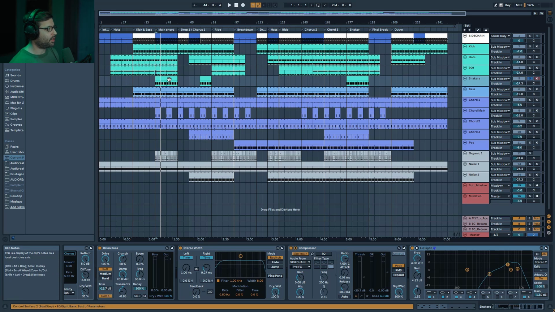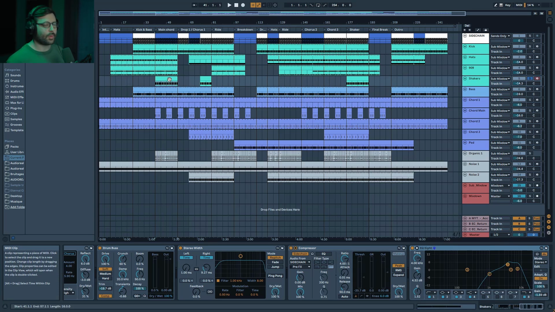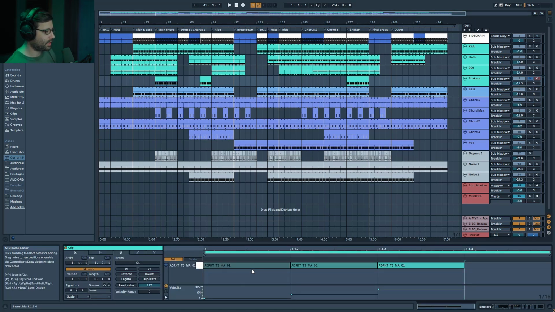Then we have some shaker. This one was to add some kind of extra groove at one point in the track. You know, when you reach the climax and you want to add this extra drum to give even more driving effect. That's what I will use the shaker for. So you can see the pattern. It's like this crescendo of velocities going on, with the stronger one off beat and the lowest one on the beat. So it's giving this